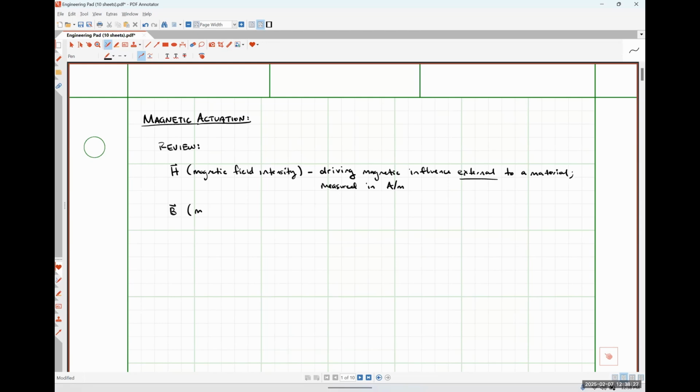Then we're going to have our B field. So this is our magnetic flux density vector. And this is the induced total magnetic field inside of a material. It is measured in Tesla,